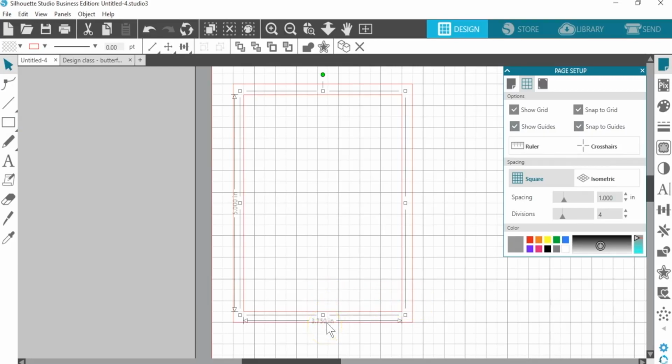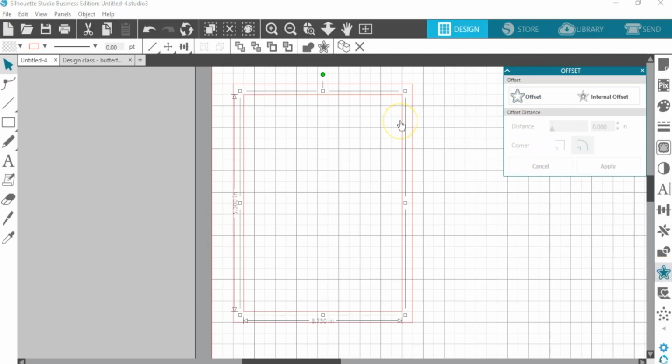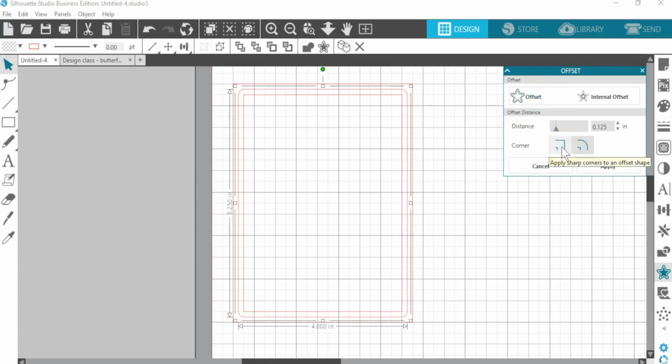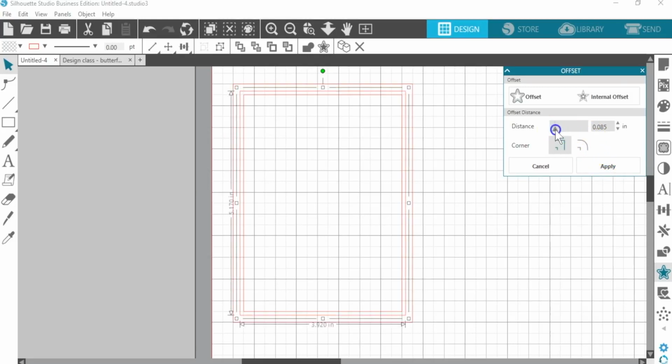We're going to add a third layer, but I just want it slightly larger than the inner rectangle I just drew. For this, we can use the Offset function. Open the Offset panel along the right-hand side that looks like a star with an outline. Select the inner rectangle and then click Offset. We want it to have sharp corners to make another rectangle. I don't want it to have these curved corners, so choose the Sharp Corner option. Then decrease the distance input to about 0.085. See how that changes as I move my slider? Or I could input that with numbers.